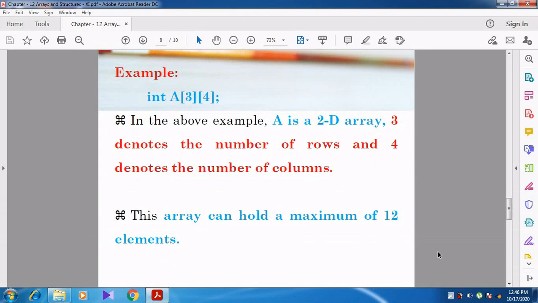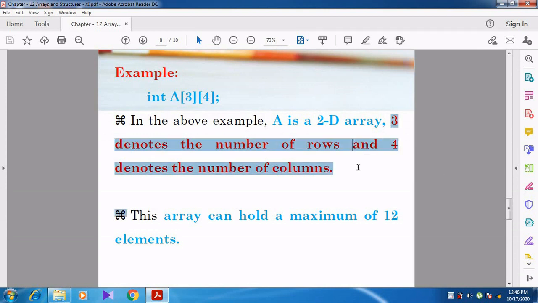Can you understand, students? See here, an example is given there: int a[3][4]. From this example we can understand that a is a two-dimensional array, the 3 denotes the number of rows, and 4 denotes the number of columns.